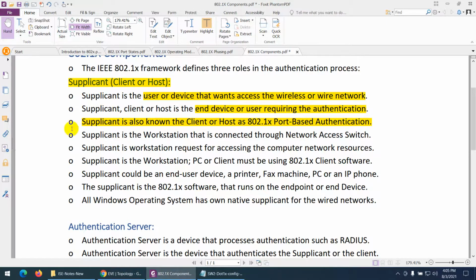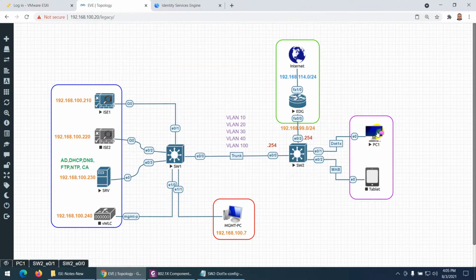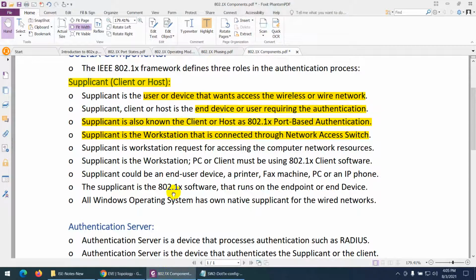And I can say that a supplicant is a workstation that is connected through a network access switch. So yes, this is my network access switch and these PCs are connected to this switch. So these PCs are called supplicants.